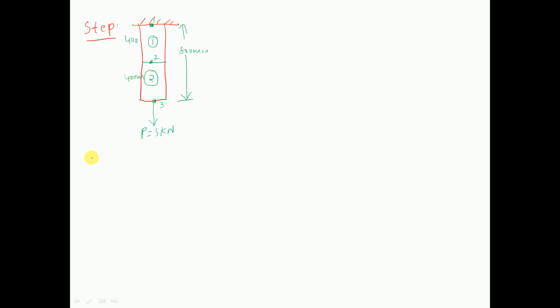Okay, completed. And what we do in second step, step number 2, we have to write the finite element equation for element number 1. Generalized finite element equation for one dimensional bar element having the two nodes is f1 f2 is equal to AE by L into [1 -1; -1 1] into U1 and U2.